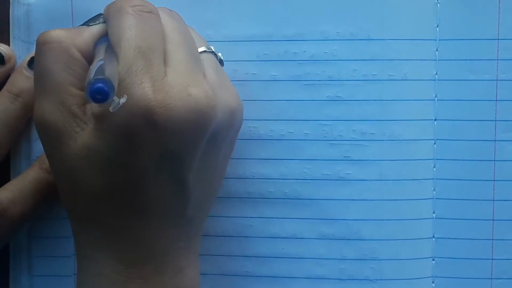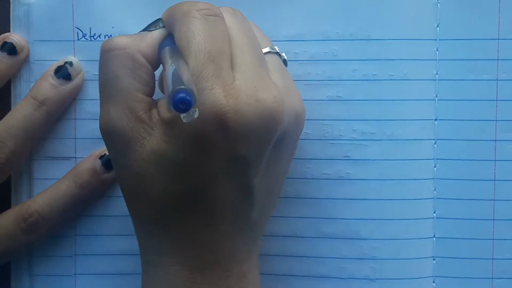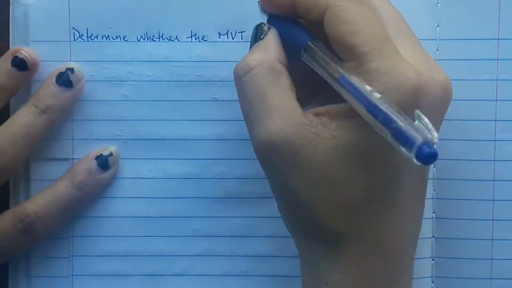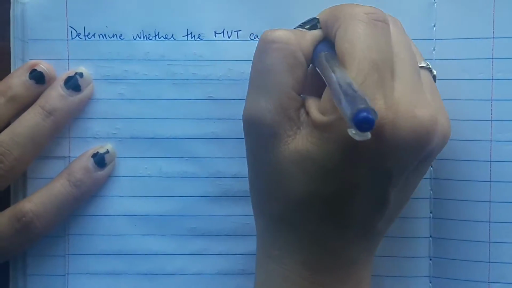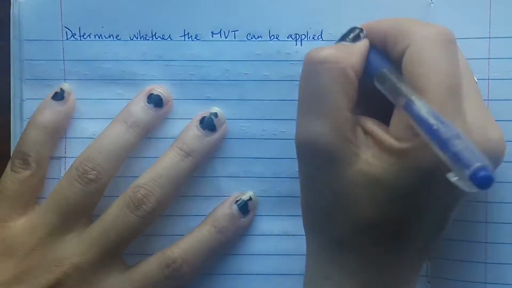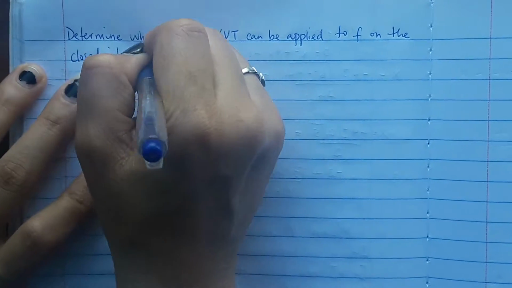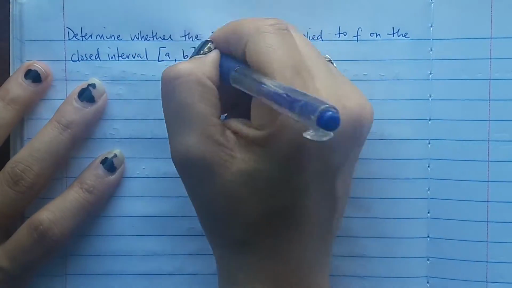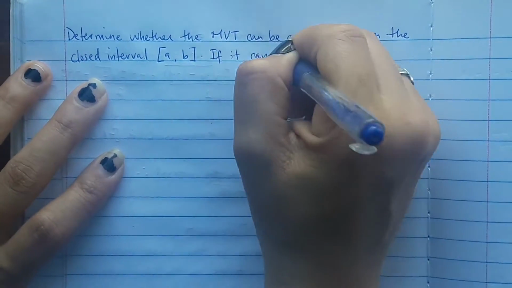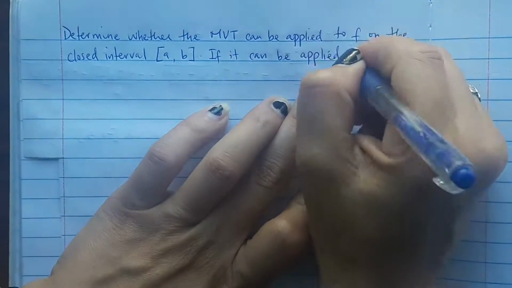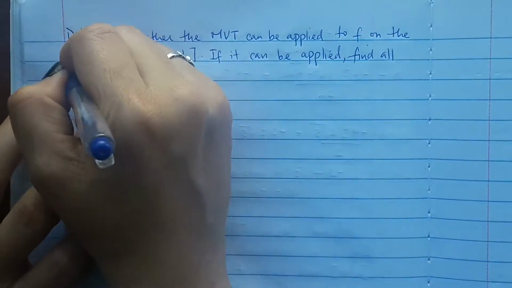Alright, so looking at an example, let's say we had this question: determine whether the MVT, which stands for the mean value theorem, can be applied to f on the closed interval [a, b], and if it can be applied, find all the values of c in the open interval (a, b)